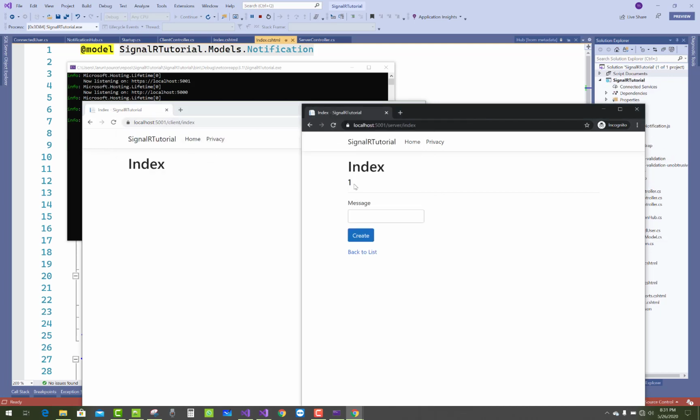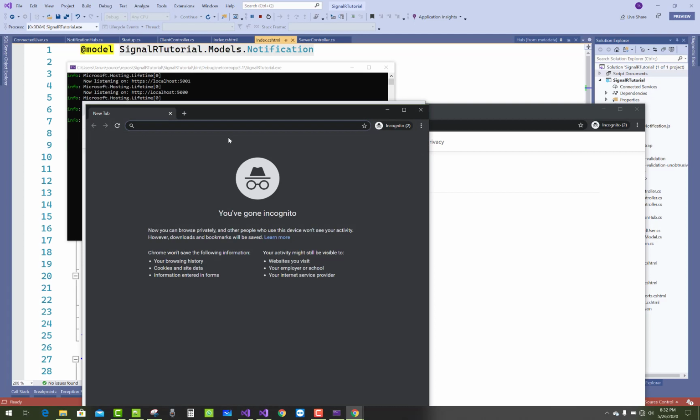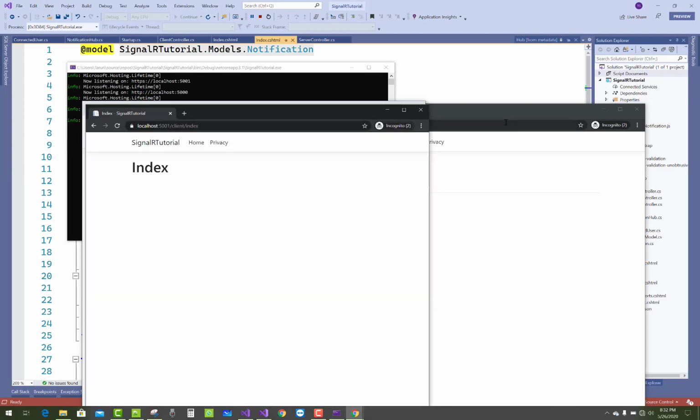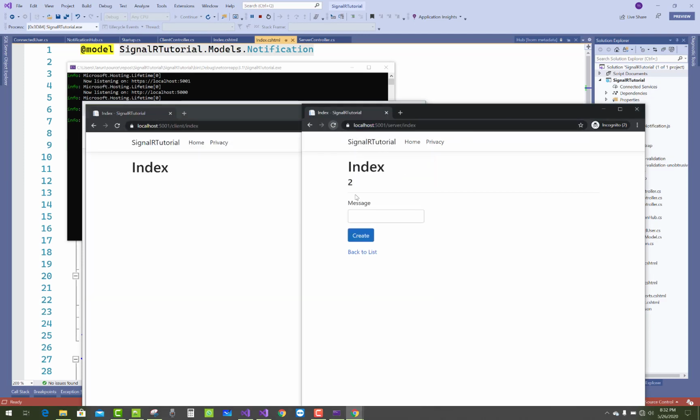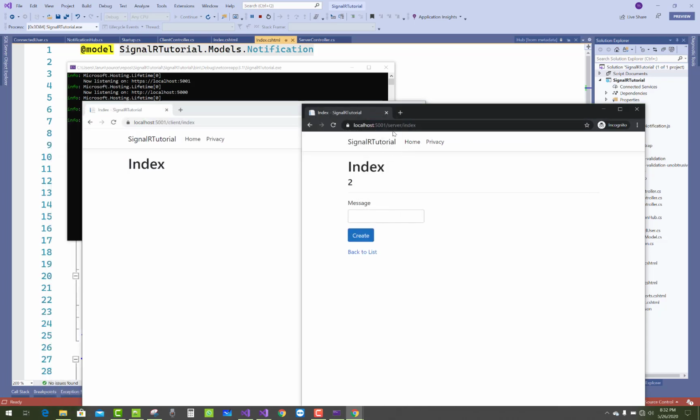So here is one client. Just copy and paste the URL in a new browser. There is the second client, so there are two clients. If you remove one of these clients, there is one client. So you get how many clients are accessing your hub.